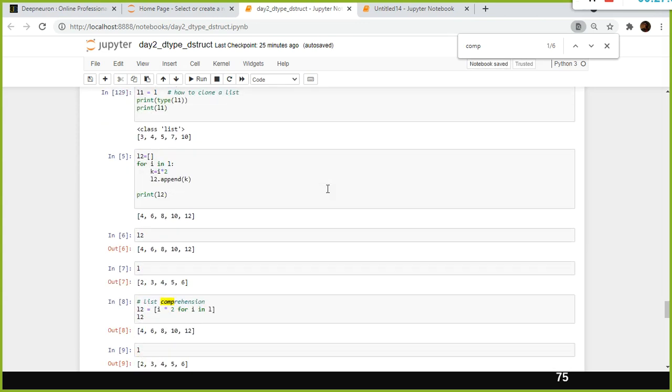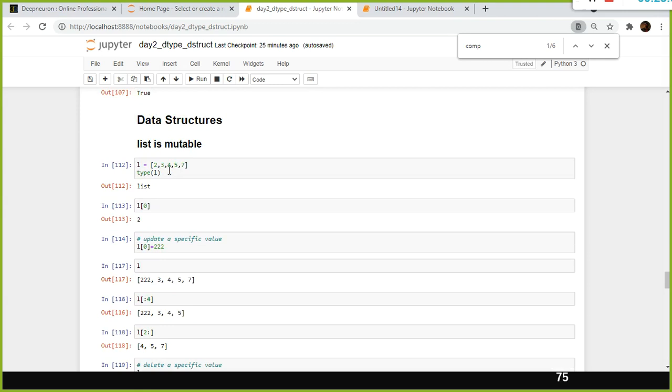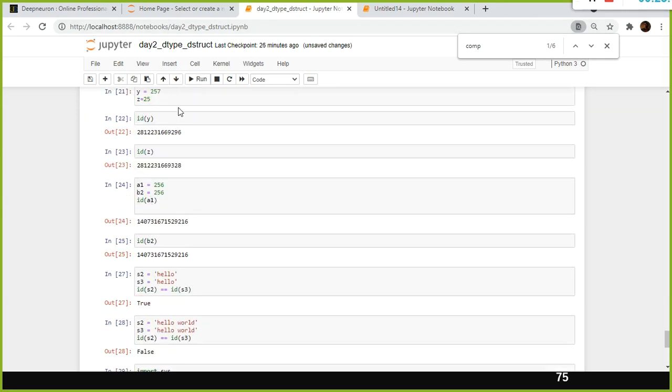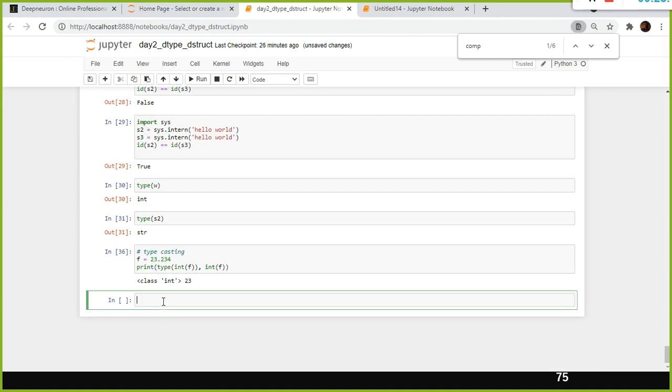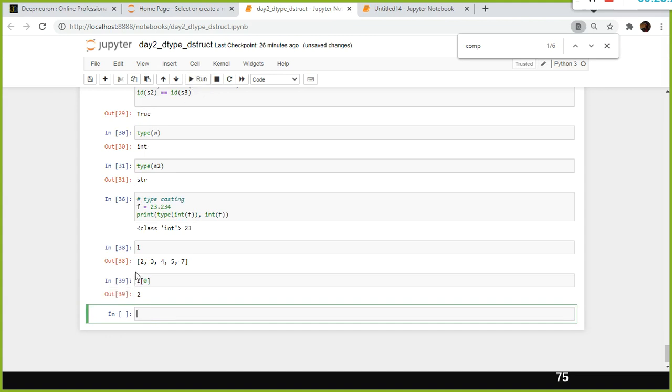And the list also we discussed. I gave you one simple assignment: how can you add a value at a specific location of the list? For example, this is my list. L of 0 gives you the first element, 2.